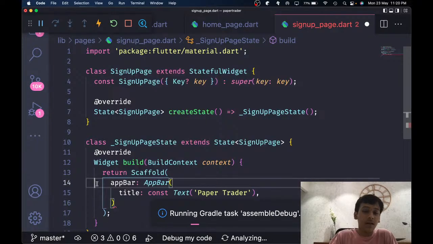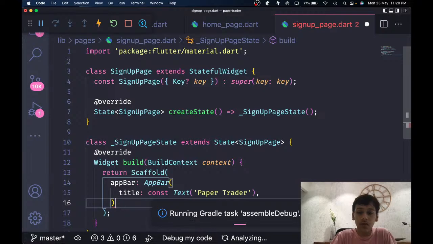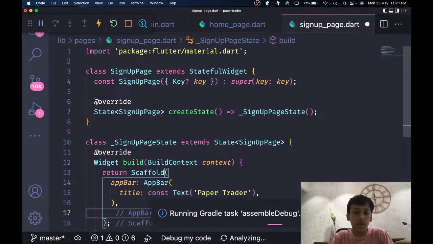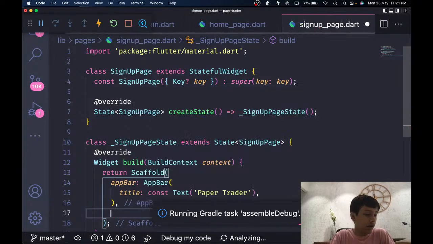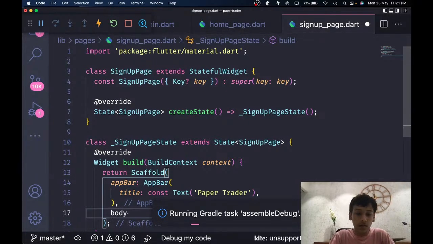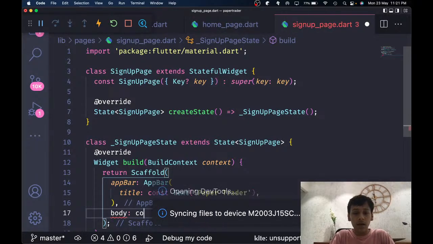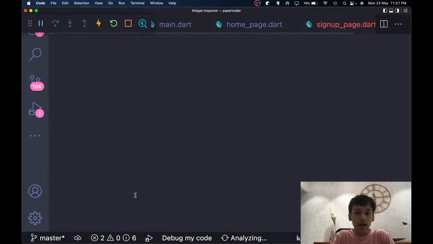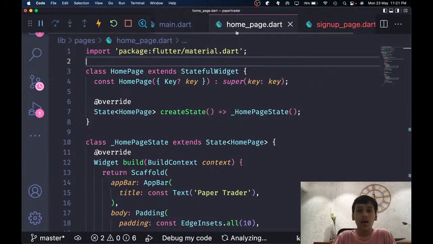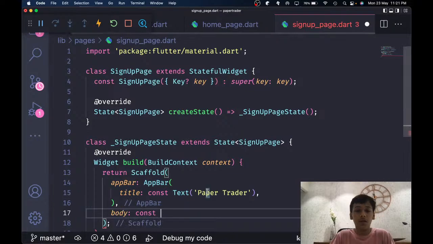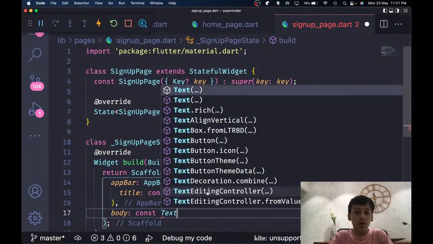Alright, so why do we have an issue over here? I did add a comma, so what do we need, a semicolon or a comma? Okay, everything was working. So now we are just gonna quickly add a little body. The app is up again, and head on to a sign up page, and we can continue coding. We can just add a body, add some text in there,